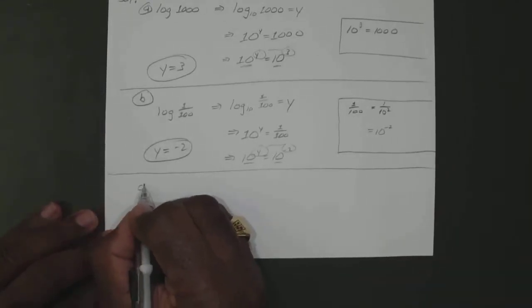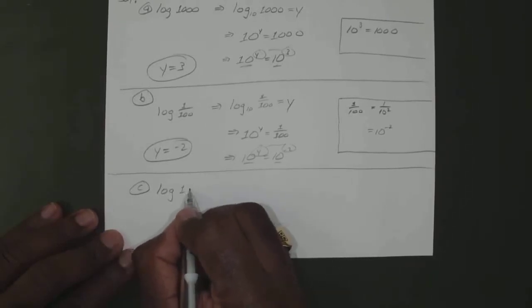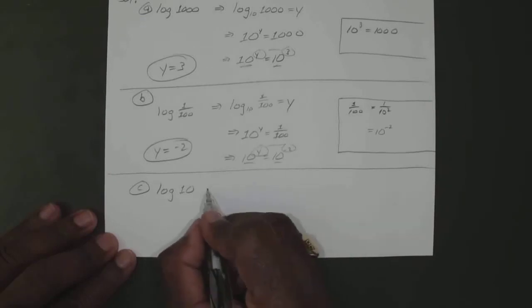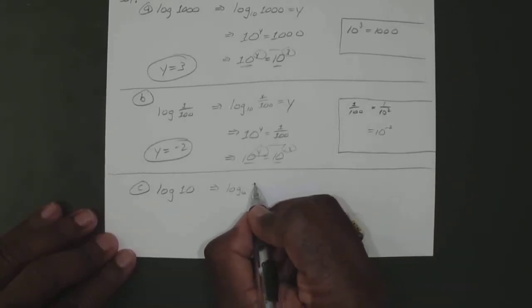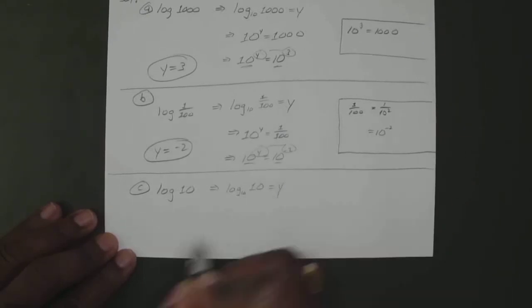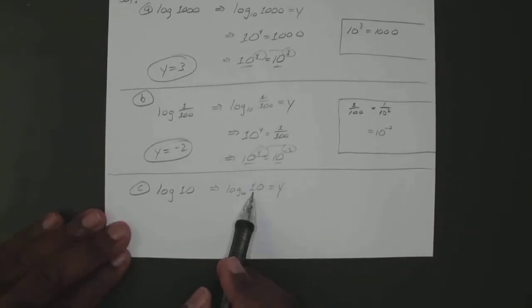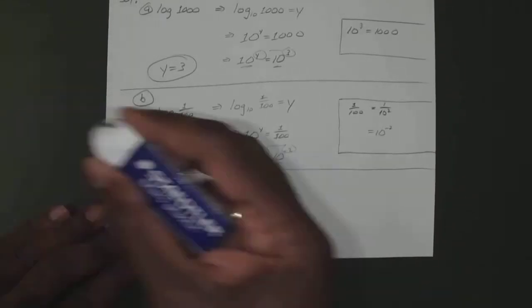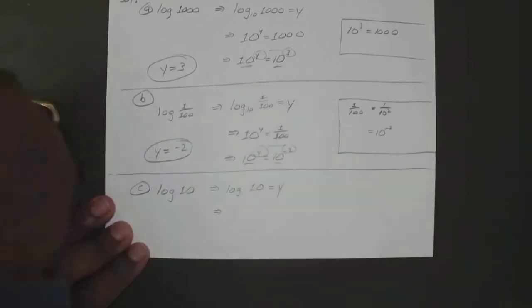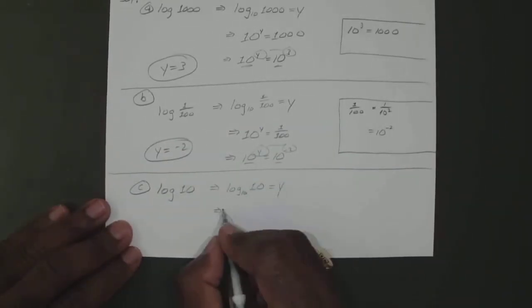Okay, and for C, if you have log of 10, remember that's just log base 10 of 10 equals y. Okay, so your base to the power of y equals your x position. So that means, let me clear that up a little bit. There we go. So you have 10 to the power of y